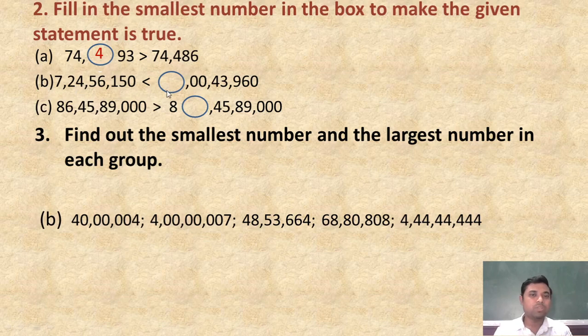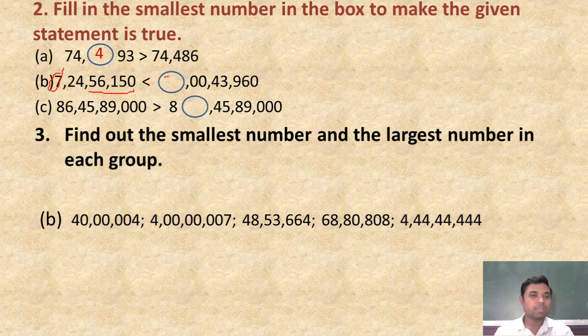So what will you put here so that this will be true? Taking the smallest digit from 0, if you put 0, this is not possible. Just see here, this is 7 crore, but this side has to be larger, because here is the less-than sign, that means this number will be smaller. Obviously, as there is 7 here, if you put less than 7, this side will always be more.